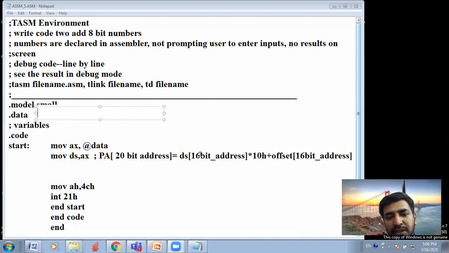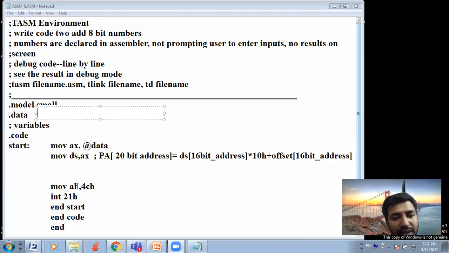When you multiply with 10h, they will become the upper four nibbles, and we add the 16-bit offset address of the data so that we get a 20-bit address. So that's the way to calculate a physical address. And then finally, data segment initialization.